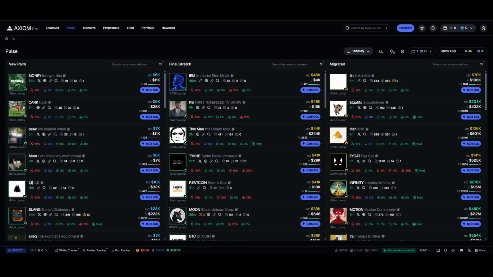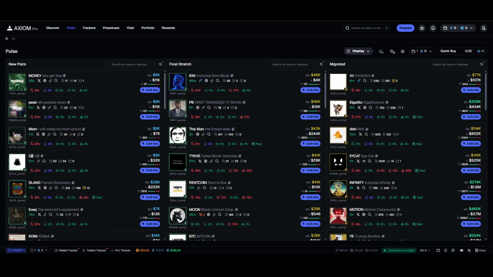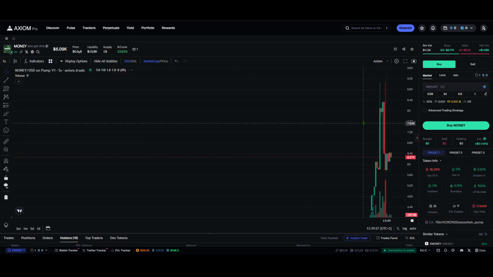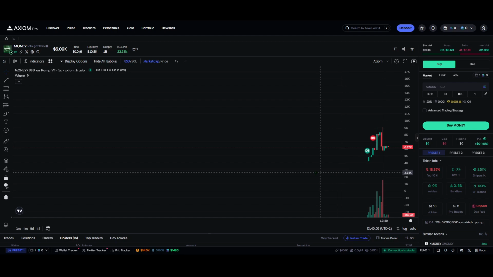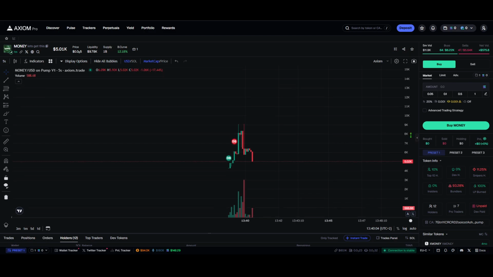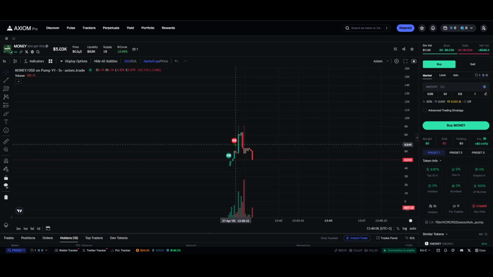So if you're just starting out with trading meme coins, you probably don't know which type of trading techniques you should use. You have this Axiom screen in front of you and you open one chart and you just see this chaos of a coin and you don't know which entry you should take, where you should buy, where you should sell. That's no problem, of course, but before you put in real money, I want to show you